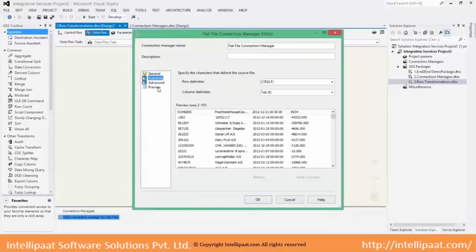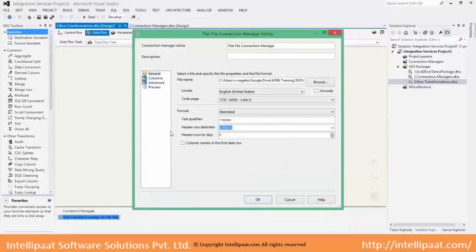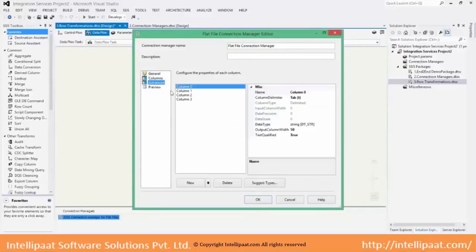Okay, here are the columns. I don't have names for the columns. Okay, let's create column names.